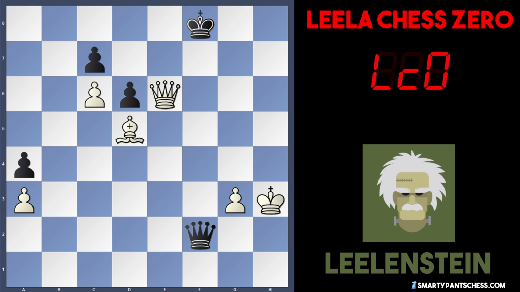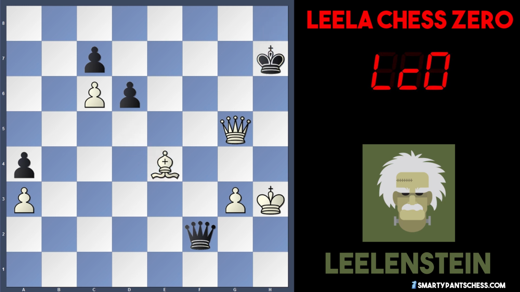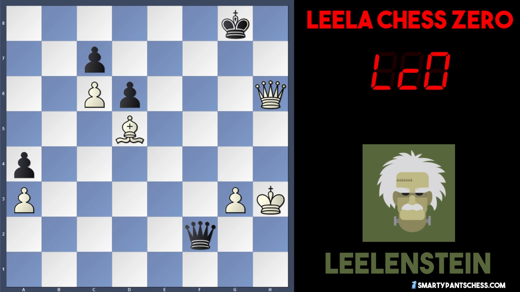Leelenstein puts their king in a very safe position, and eventually after Queen e7 there's King h8, Queen g5 now threatening Queen to g8, King h7, Leelenstein plays Bishop to e4 check, King h8 is forced, and we're getting to this position where White now plays Bishop to d5, and this forces Black to finally give up the Queen with Queen f7 to block the check,